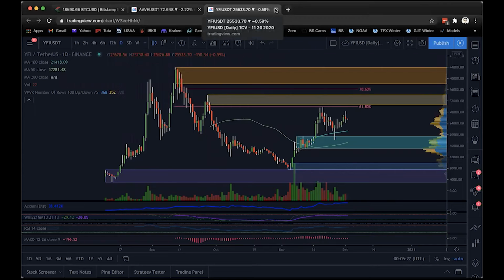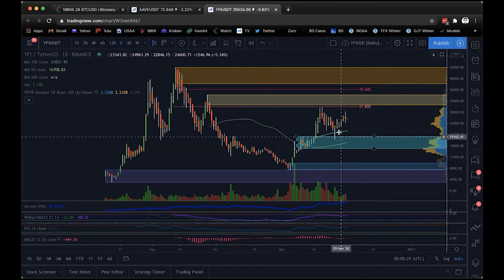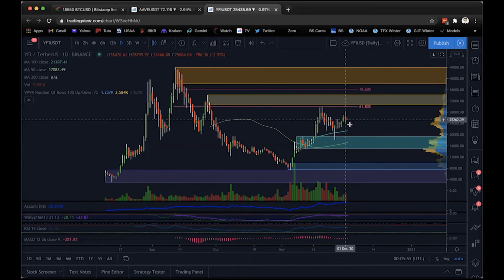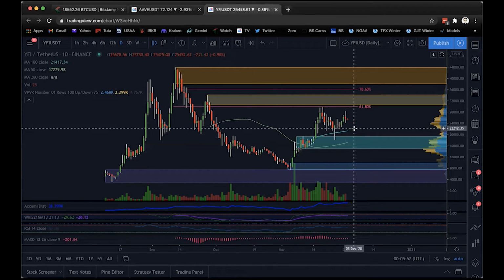So anyway, we think that below 20,000, boy, look at this hammer candle coming out of this demand area right here. That's beautiful stuff, and that tells us that there are people that really want to buy down below 20,000. So do we. And I think even a test of this 50 or this 100 SMA at 21, which will probably be mid 22s, if it were going to get tagged here in the next couple of days, then that would probably be a buying opportunity as well. And then we just hold for a break at these levels here.